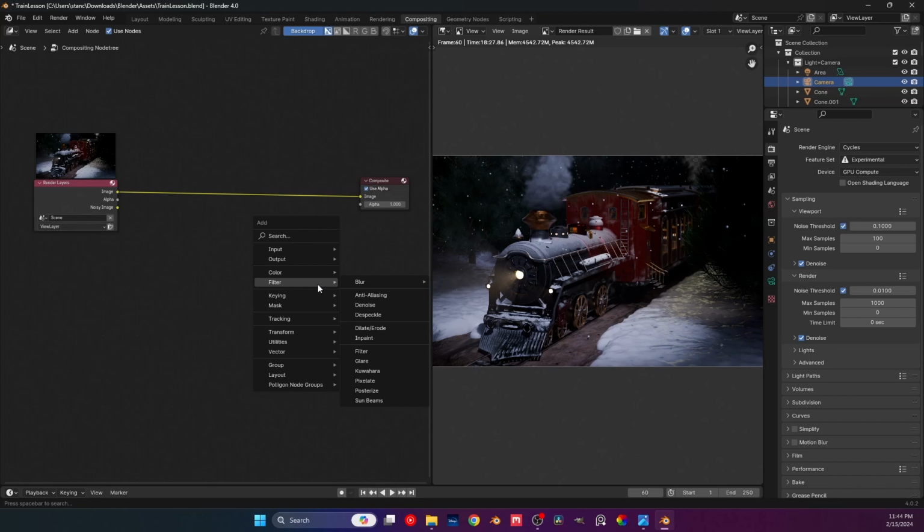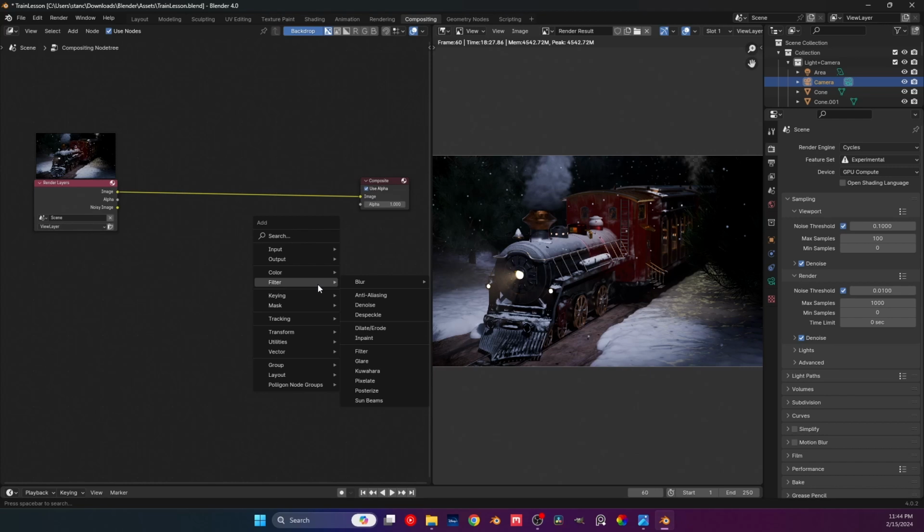Now, remember when I said when we do our animation, now that we have volumetrics, and also because we have simulations of smoke, of snow, and so on and so forth, this might be a lot. This might be a little too much, actually. And because of that, I think it's safer for us to comp some stuff out